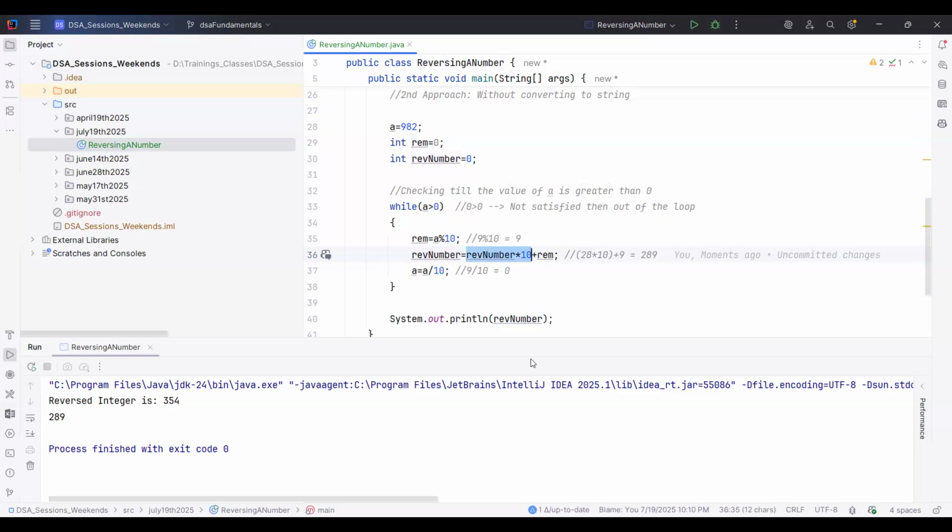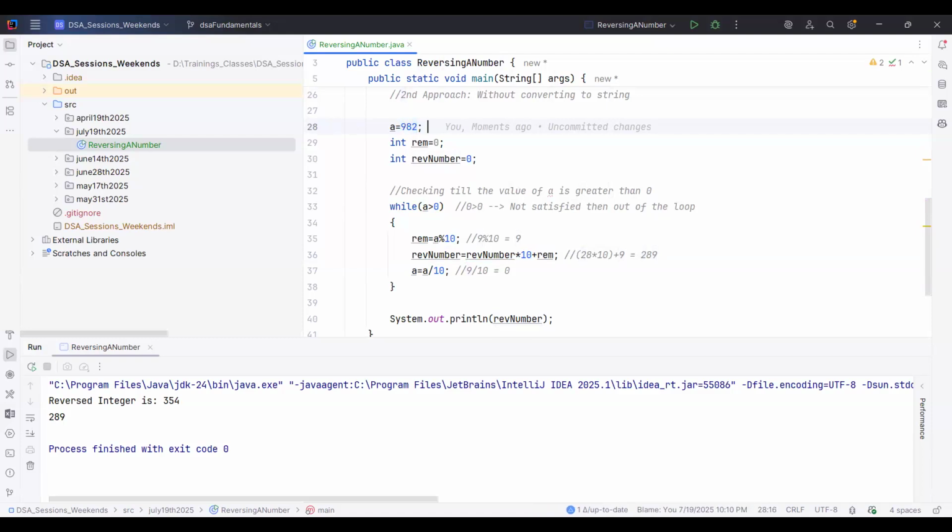Then I will say rev = rev * 10. Why am I multiplying by 10? Because here the concept is all about reversing the number. Suppose the number is 982, then it should be 289. So where should the value 2 be? The value 2 should be at the first position. When I say 2 into 10, the value will be in the second position. When I say 2 into 100, the value will be in the third position. That means considering from right to left,